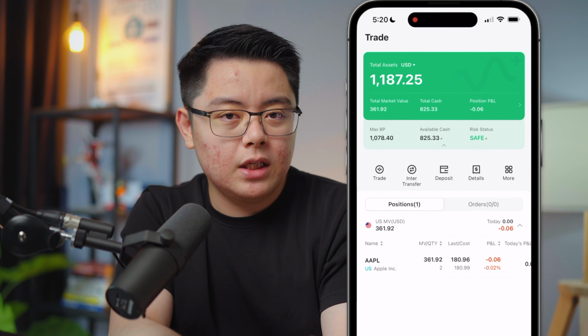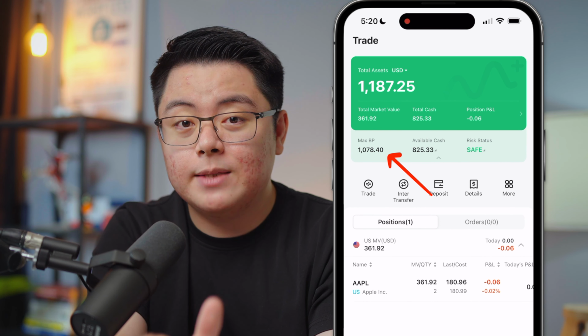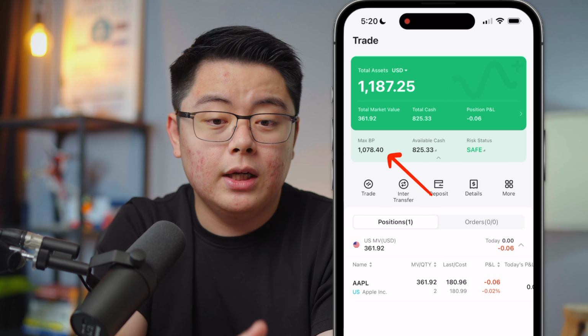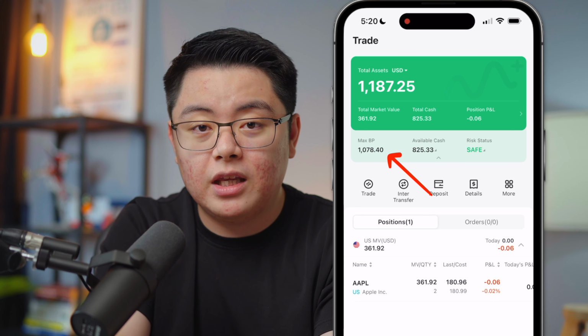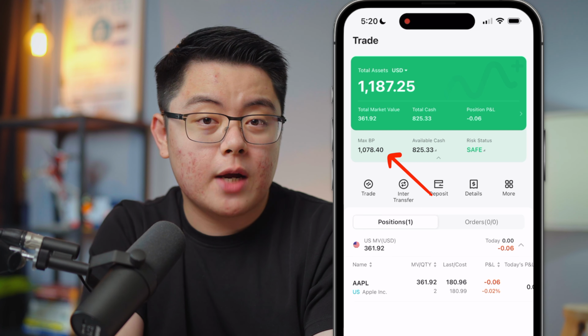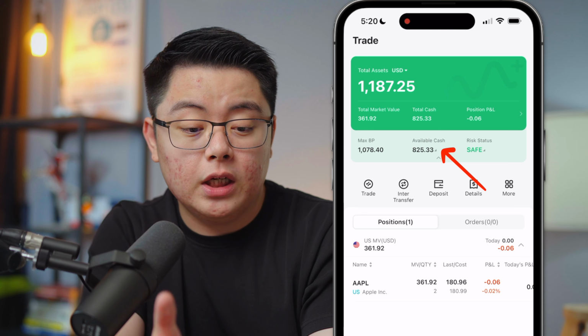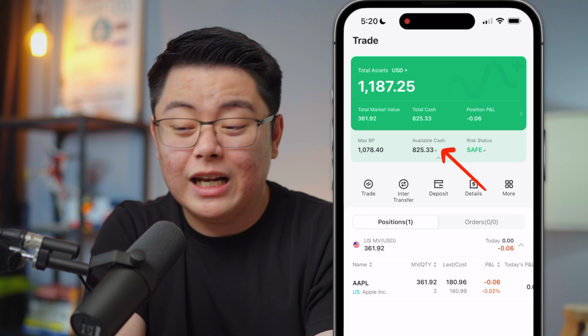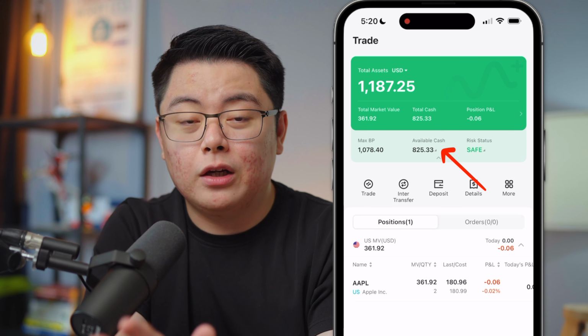Anyways, if you see here, you have max BP, that means your maximum buying power, which is actually a sum of the cash you have in US dollar plus the margin loan you can take. Not something you really need to care about, but if you ask me, I would usually recommend beginners to trade anywhere below the available cash amount. That means you will never need margin unless you really need to,